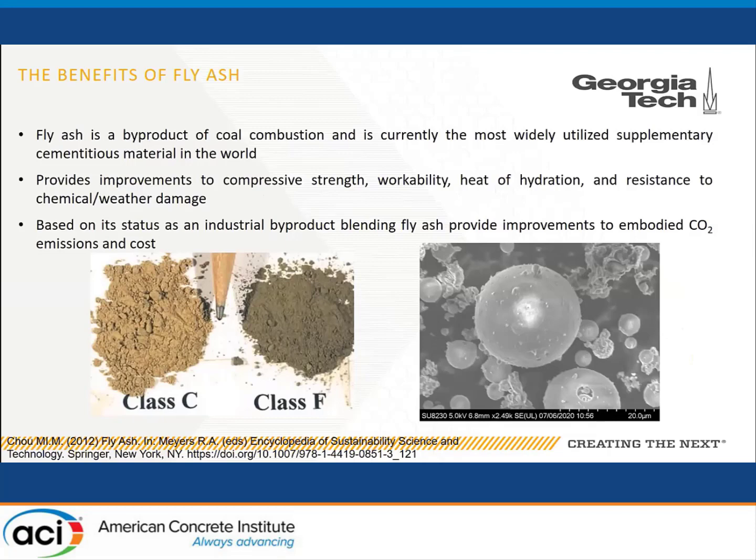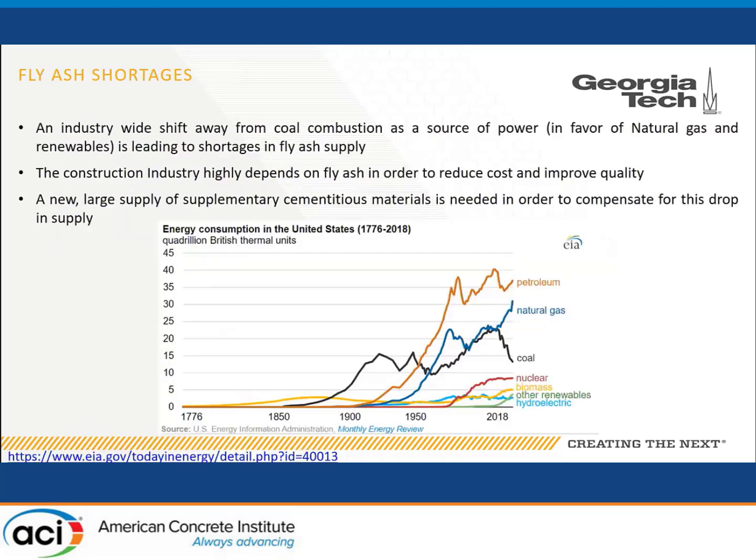Fly ash is a byproduct of coal combustion and is currently the most widely utilized SCM in the world. It provides improvements to late-age compressive strength, workability, speed of hydration, and improves resistance to chemical and weather effects. Additionally, its status as an industrial byproduct allows for a reduction in embodied CO2 emissions and reduces the cost of construction. Now, there is a pretty big issue that the industry as a whole needs to address, and that is